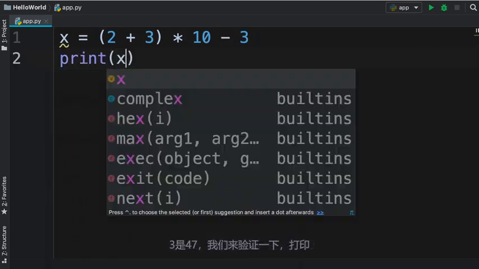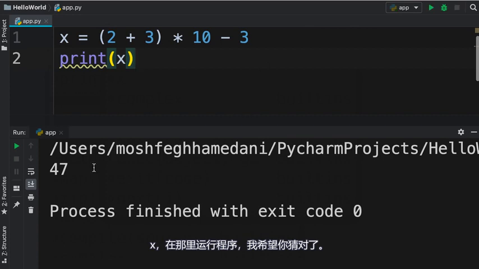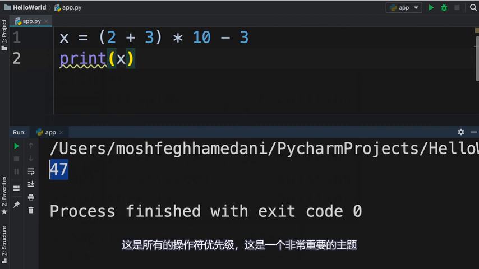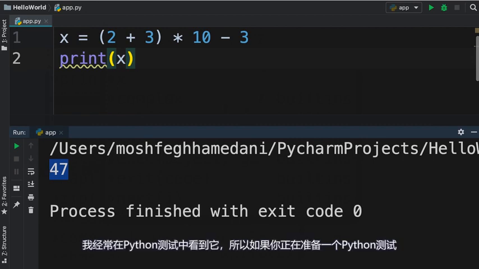Let's verify this. Print x, run the program. There you go. I hope you guessed it right. So this is all about operator precedence. It's a very important topic, and I see it quite often in Python tests. So if you're preparing for a Python